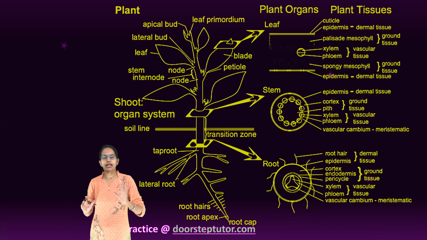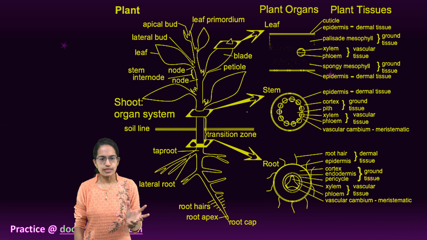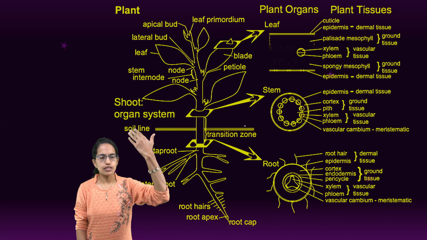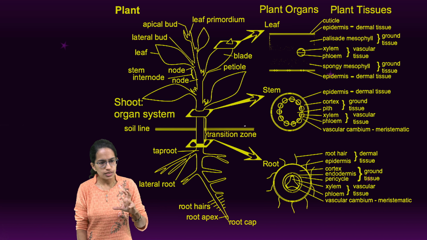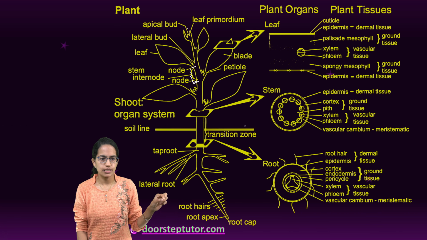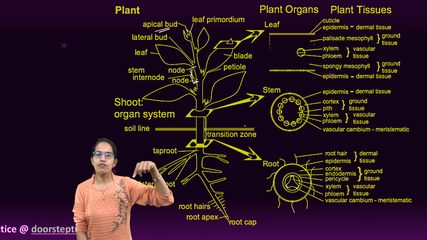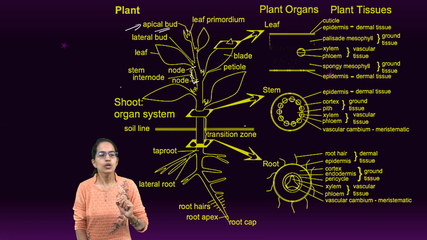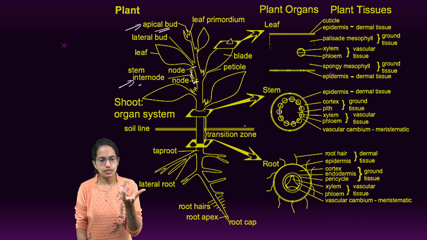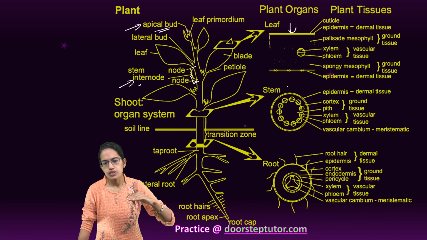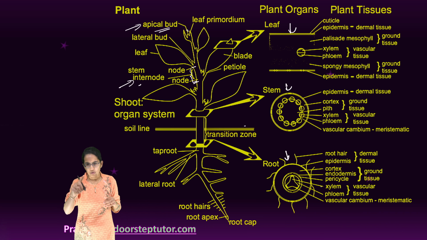Now here what we have done is taken a quick section to understand. So this is a plant. We have the roots. This is the soil line and the shoot section. Now this is the internode area, the area between the two nodes, and this is where the internodal meristematic tissues are present. Here is the apical bud, and this is the point where apical meristematic tissues would be present. So we have understood the apical meristematic tissue, the internode, and then across the stem there would be the lateral meristematic tissues.